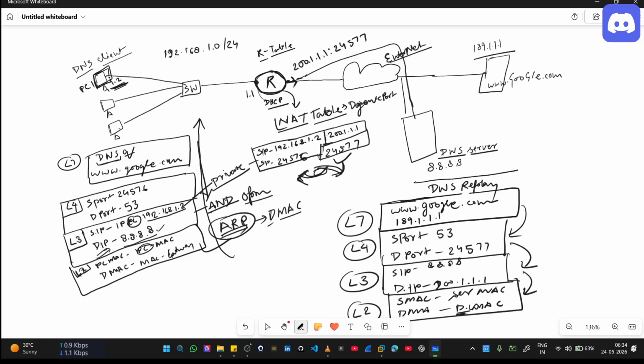Okay, so once it reaches, it will come with the reply that we call the DNS resolution, and the DNS will maintain the DNS